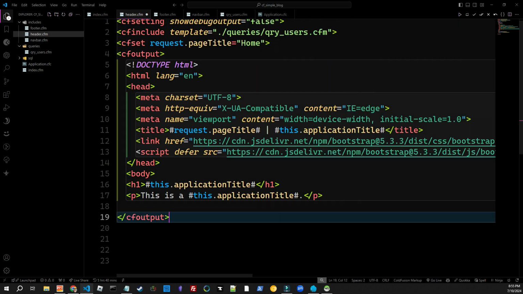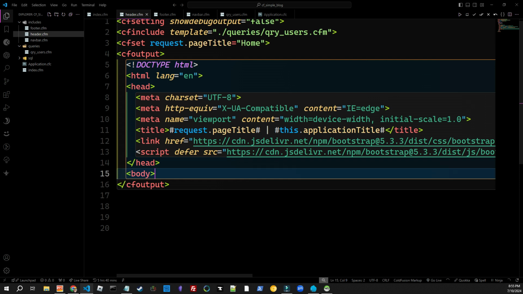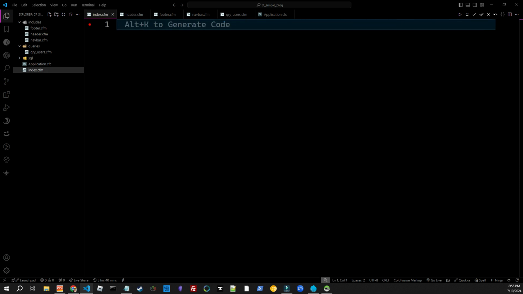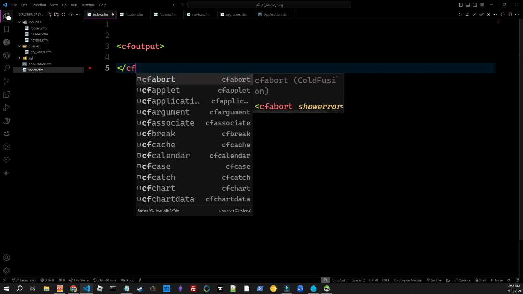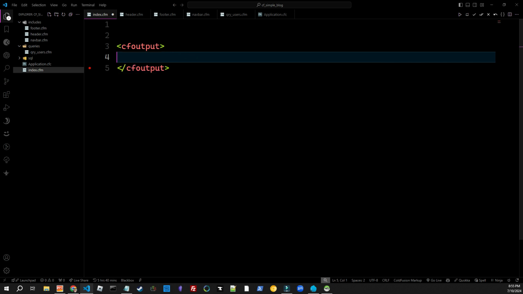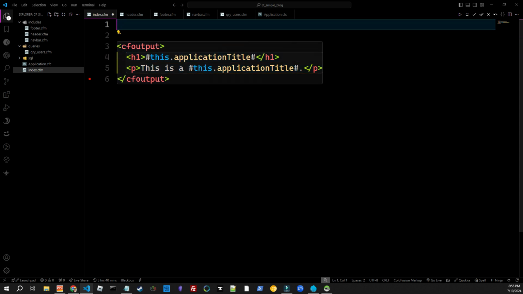The thing is, I really don't want this to show up on every page. So I'm going to delete that, come back here, and we will do CF output, and we will close the output by doing that. So now we still have this. We could have left it there if we wanted that to stay as our header, and we might do some changes down the road. So what we need first, CF include,